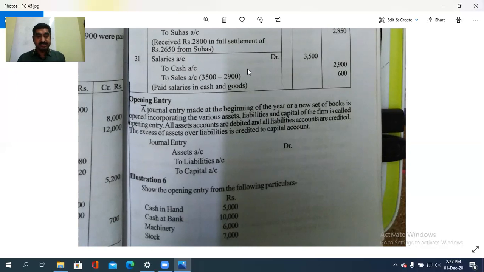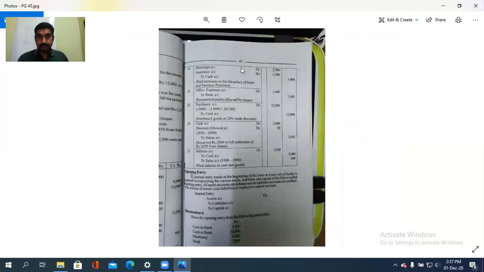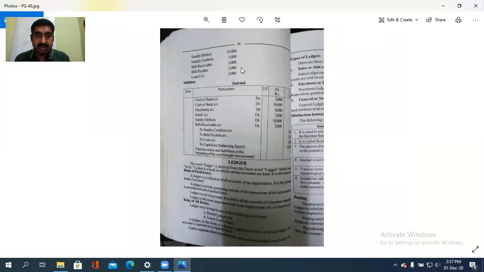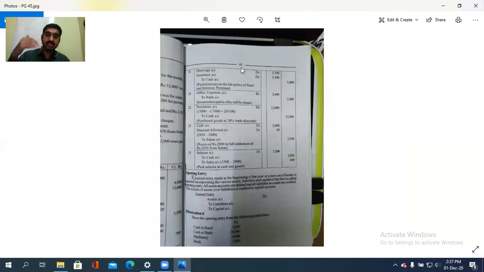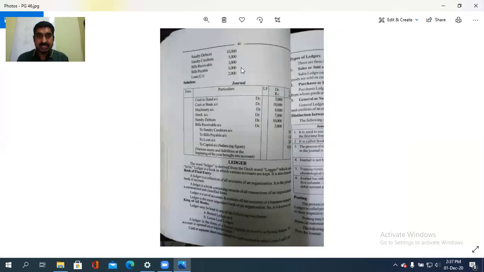See this entry, illustration 6. Show the opening entry from the following particulars: cash in hand, cash at bank, machinery, stock, sundry debtors, sundry creditors, bills receivable, bills payable, and loan. So how the entry is to be: various asset account debtor. Cash in hand debtor 5,000, cash at bank debtor 10,000, machinery debtor 6,000, stock debtor 7,000, debtors debtor 10,000, bills receivable debtor 3,000, to sundry creditors 5,000, to bills payable 1,000, to loan 2,000, and then